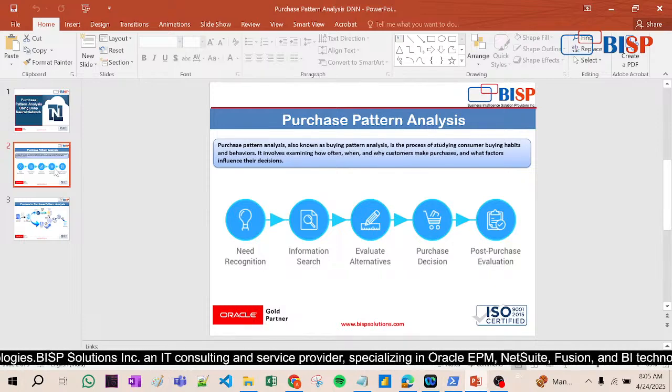Previously, before machine learning evolved, the owner of the shop or the businessman used to predict by his own analytical skills. But nowadays this can be done with the help of machine learning and also deep neural networks.